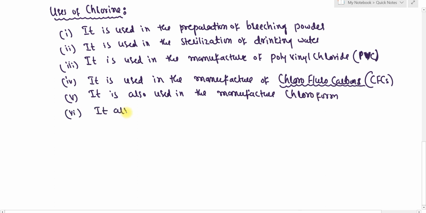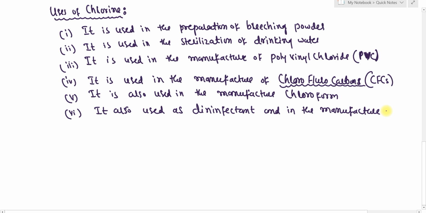Manufacture of pesticides. So what are pesticides, students? The chemical substances which are used to kill the insects which are damaging our crops are called pesticides. We call them insecticides in Kannada. For example, DDT, BHC, benzene hexachloride. All these are examples of pesticides. Pesticides are the chemical substances used to kill the insects which are damaging our crops.